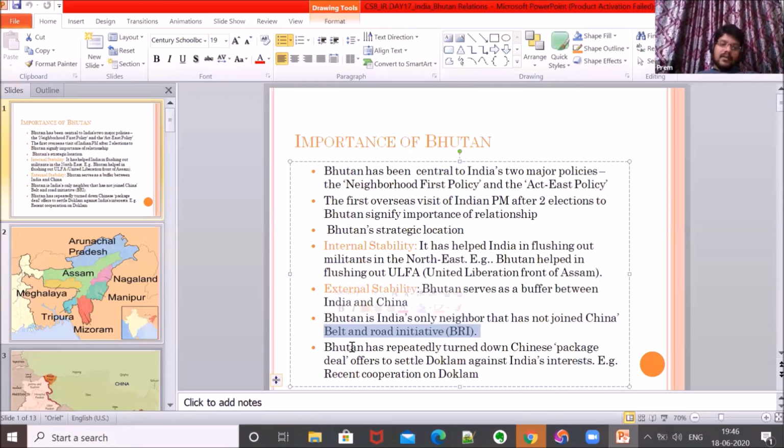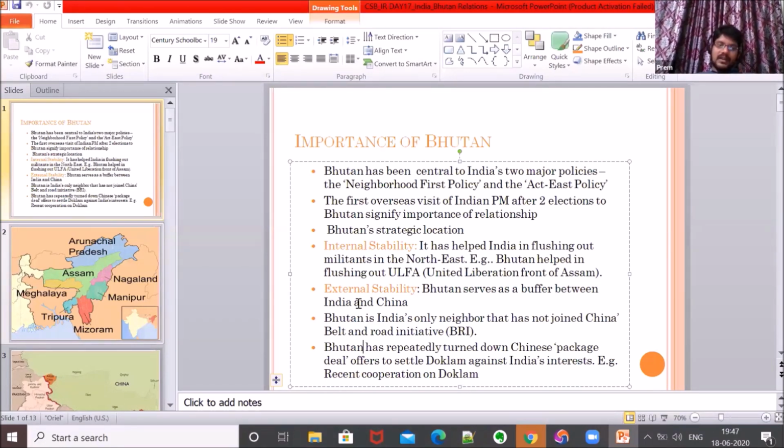And finally, with Bhutan, we have such a close relationship and are geographically very closely linked that Bhutan has always placed India's interest on the same level as Bhutanese interests. This can be explained majorly by an example. Like in 2017, just before the Doklam incident happened, as I already explained, Doklam is a disputed area, a tri-junction between Bhutan, India, and China.